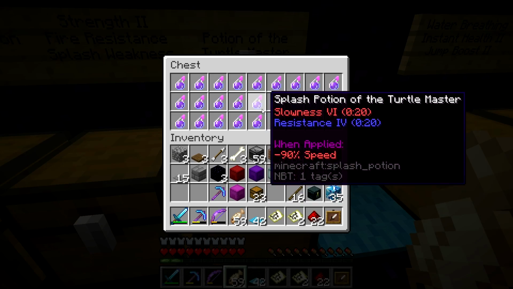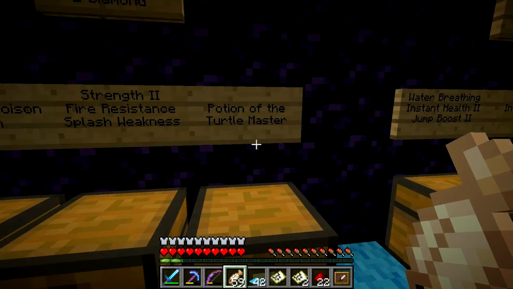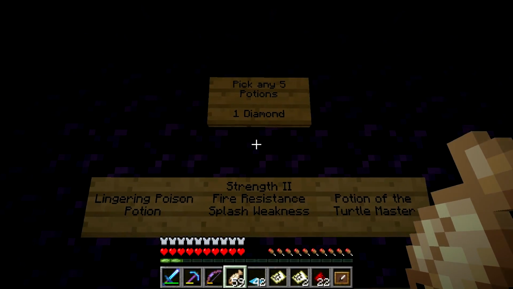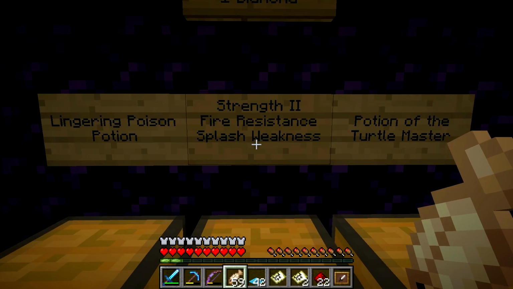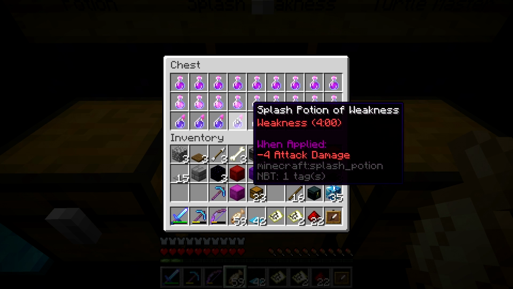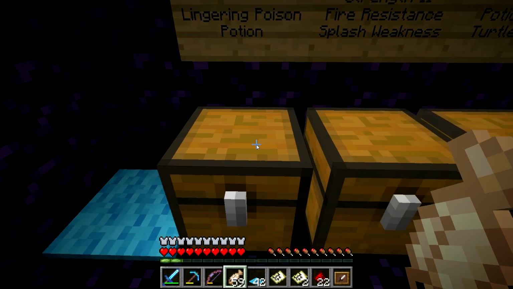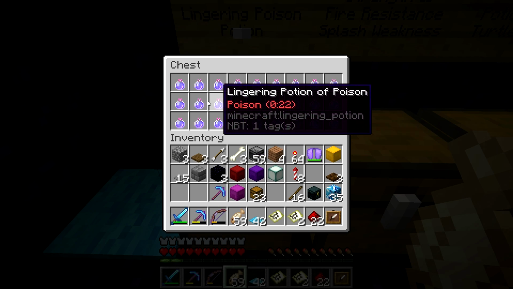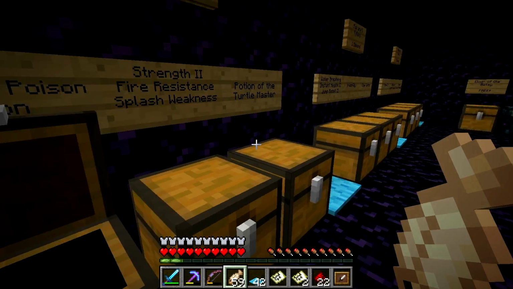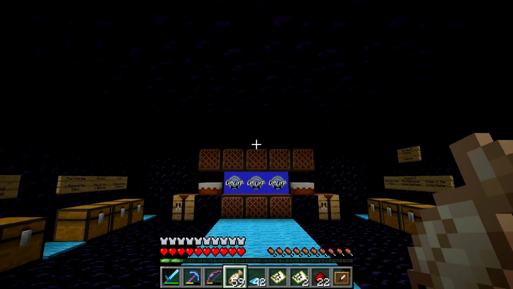We got the Potion of the Turtle Master in here. So Slowness 6, Resistance 4 for 20 seconds. Hopefully we see some people use that offensively. And also Doc needs some for the cannon. So that'll be useful. And then we have Strength 2, Fire Resistance, and Splash Weakness potions right here. So Fire Resistance, Strength 2. And then we have a Lingering Potion of Poison right here. So again, if you want to lock down an area, this is the way to go. So yeah, lots of resources went into that to brew up all those potions and things,